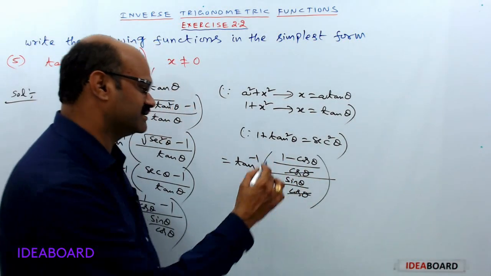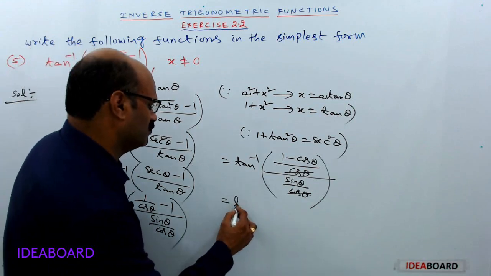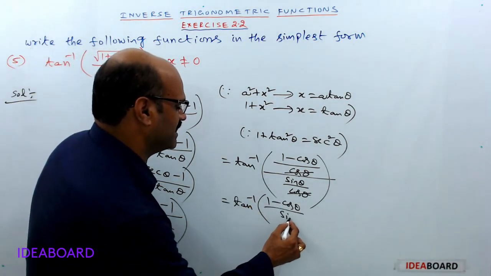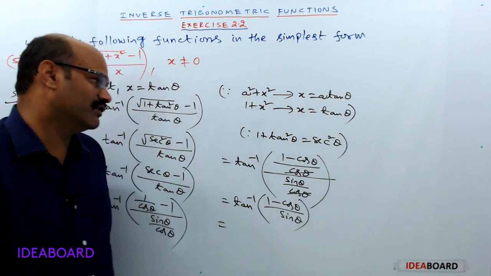Then cos theta cancel, equal to tan inverse of 1 minus cos theta by sin theta equal to